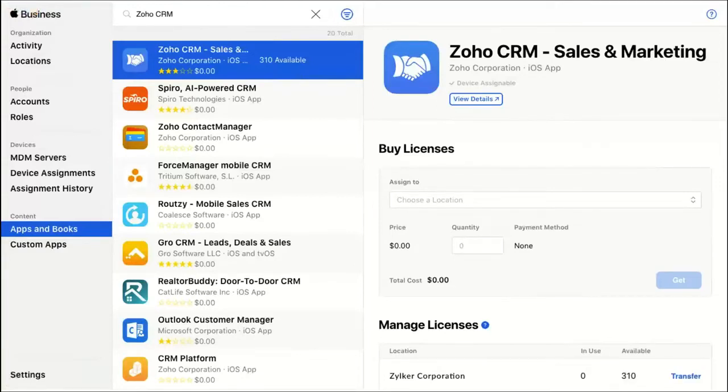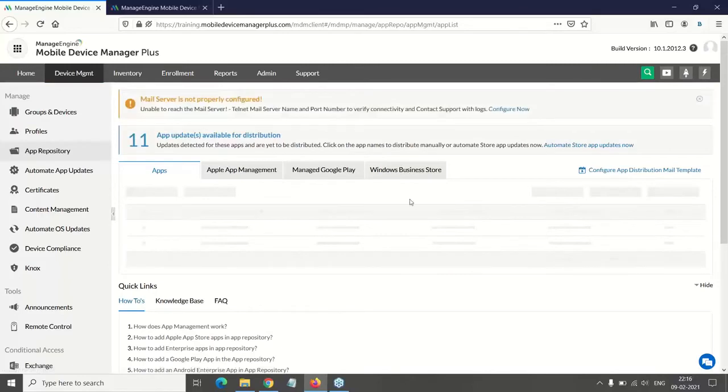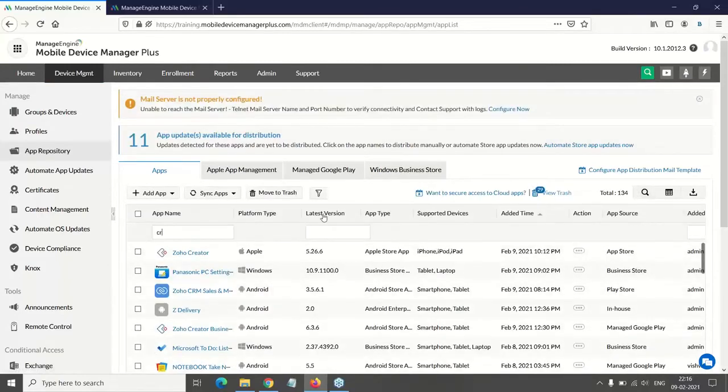You also have the option to transfer the application license from one location to another location of your organization using the transfer option available here. Then you will have to click on sync apps here. The applications that are added on the ABM portal will get reflected on the app repository as well. So you can just choose